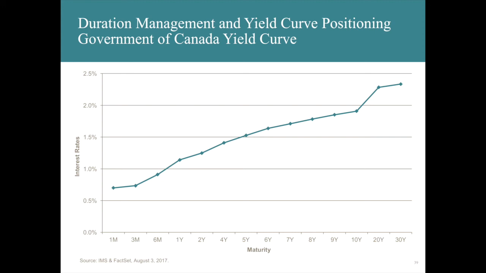On the left-hand side of the diagram, we see the rate of interest that a 1-month investment would earn. It's approximately 0.7%. The far right-hand side of the diagram represents the interest rate you would earn if you owned a 30-year Government of Canada bond. So the yield curve maps out the rate of return you would earn depending on the term to maturity of